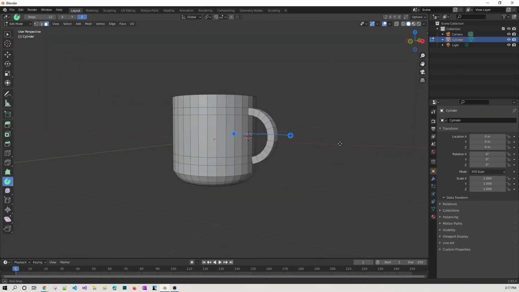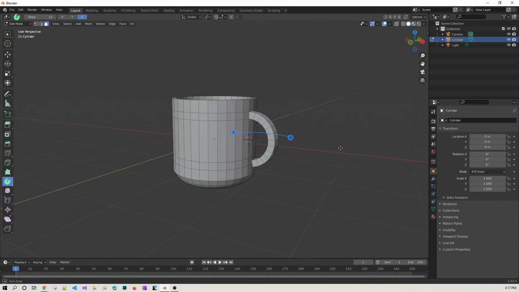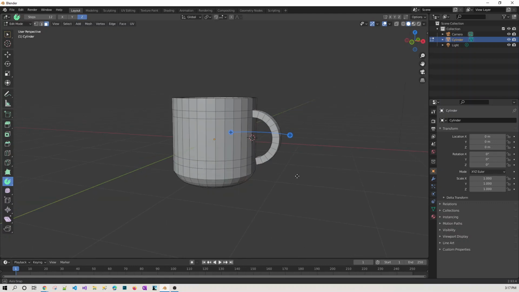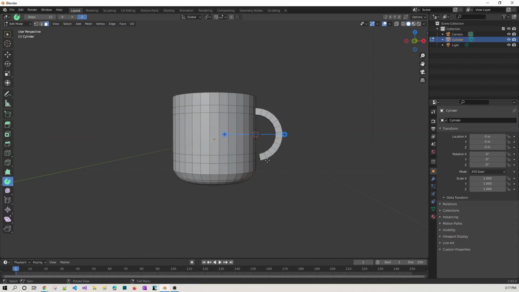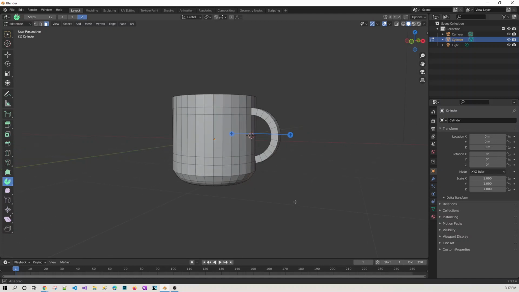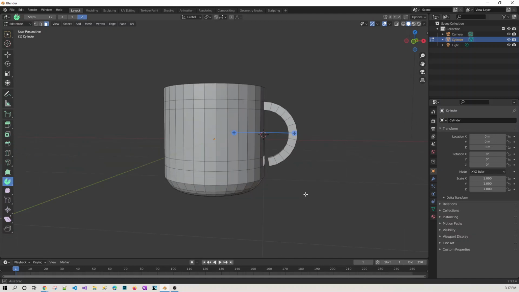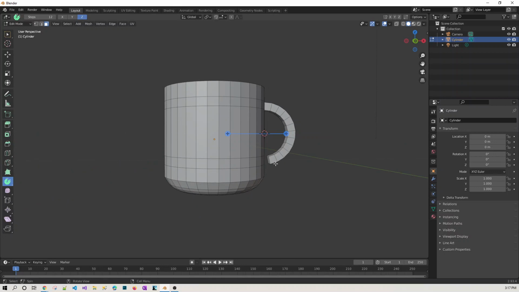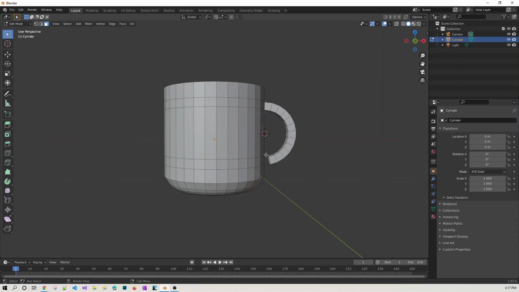If you go over here, you will see this one. But still, our task is not yet done. Now we need to merge these two faces. To do that, I'm going to select these faces, and then this one. But before that, I'm going to select it and move it a little bit.